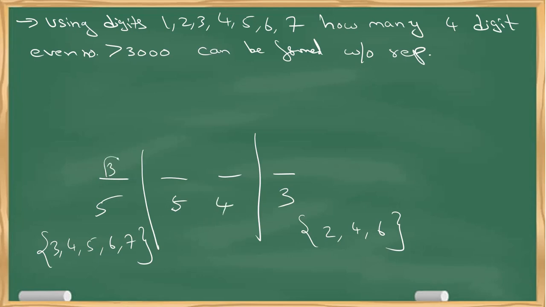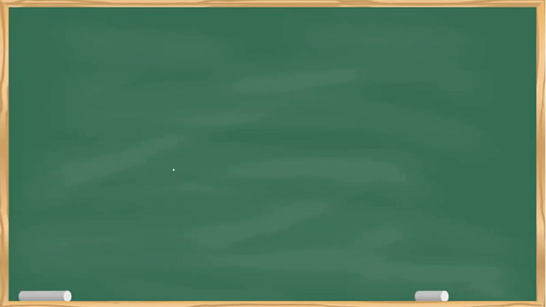If I fix number 3 here, how many possibilities are there? 3. But instead of 3, if 4 comes here, can I use 4 again? No. Again this will become 2. That means one condition is dependent on another condition. Getting my point? Again, if 5 comes here, again there will be 3 possibilities. But if 6 comes here, it's 2 possibilities. Hope you are getting this point. So let me write down note 2 for you. It's very important.